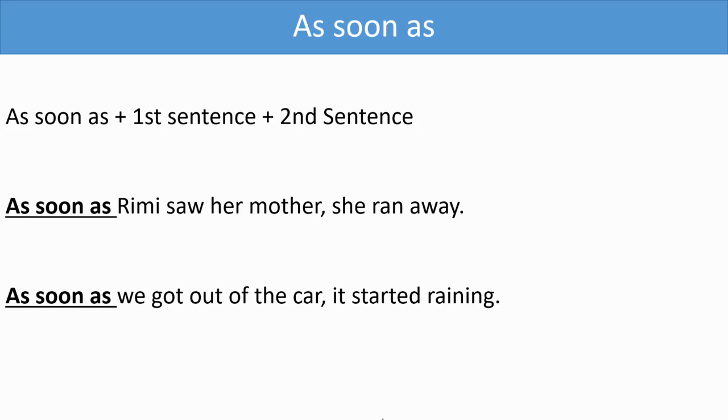As soon as plus first sentence plus second sentence. এটি সহজ একটা ব্যাপার। as soon as এর অর্থ হচ্ছে এই মাত্র, ইনস্ট্যান্টলি। কোনো কিছু ঘটার সাথে সাথে আরেকটি ঘটনা ঘটেছে বা ঘটবে বা ঘটে, এই ধরনের যখন আমরা কোনো এক্সপ্রেশন দেই, বোঝাতে চাই, তখন আমরা ব্যবহার করি as soon as. as soon as যুক্ত বাক্যে দুটো ক্লজ থাকে এবং ক্লজ দুটো টেন্স একই হয়ে থাকে।